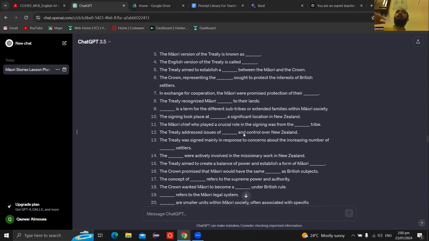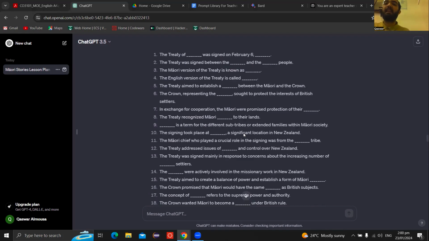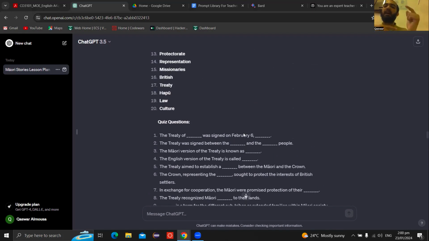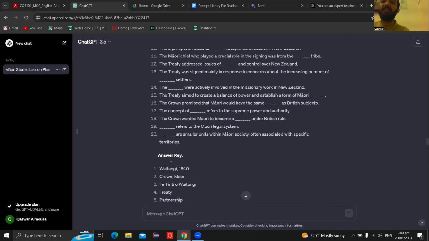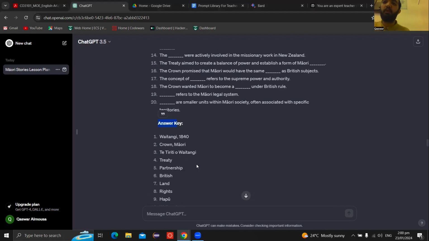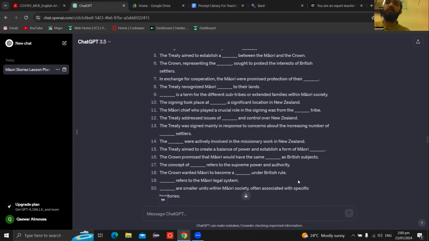I also forgot to mention, bringing up the answer keys. Usually if you ask it to produce a quiz, most likely it would return a quiz, and not only a quiz, an answer key, which would give you the list of answers for your questions that it's produced. Kind of like a little simple rubric. And again, you can get it to do multi-choice, any sort of